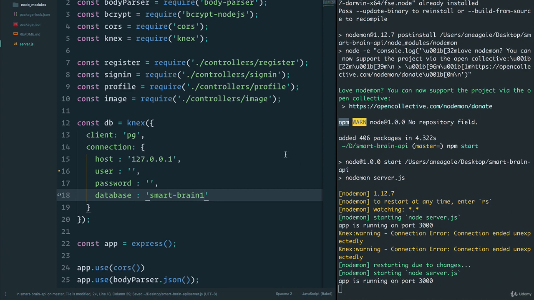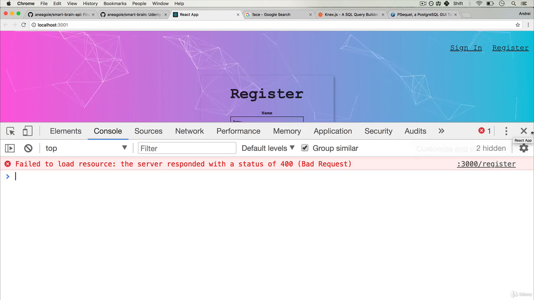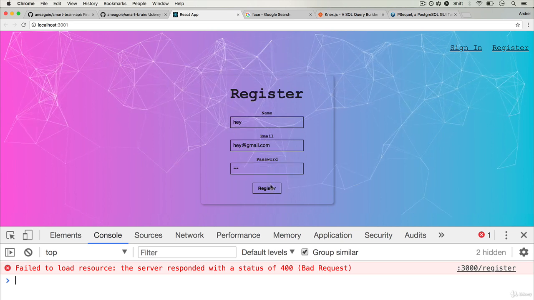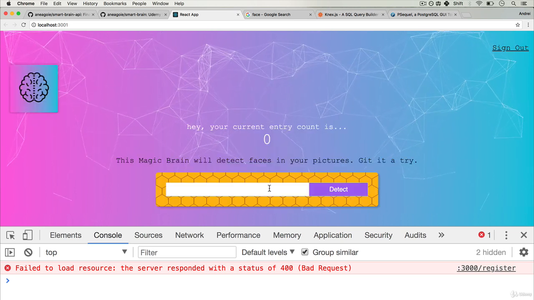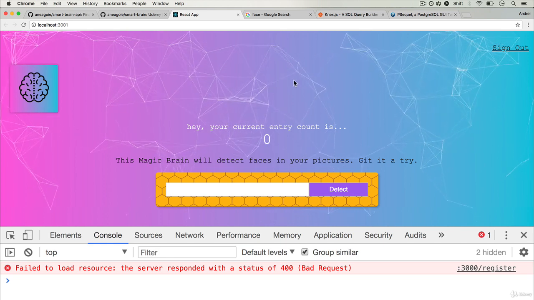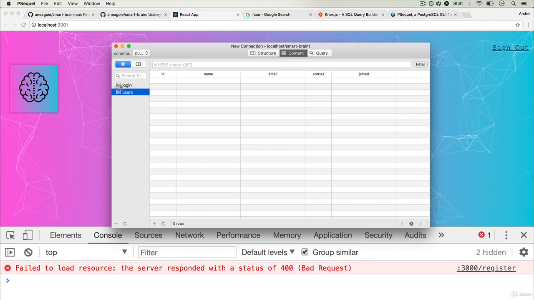We've restarted our server. Let's try this again. I'm going to go back to our app. Let's try this again. I'm going to register. All right. We've just logged into our app. If I go back to my database and I refresh here,